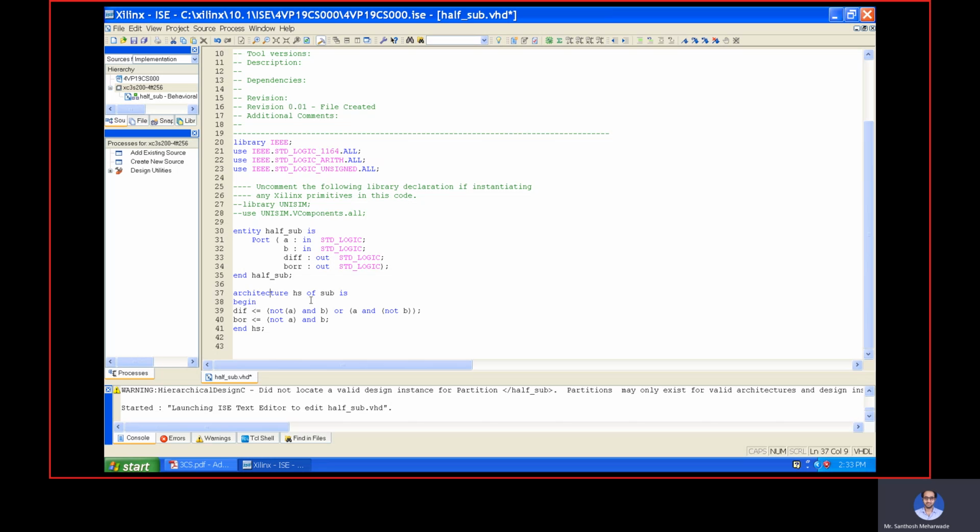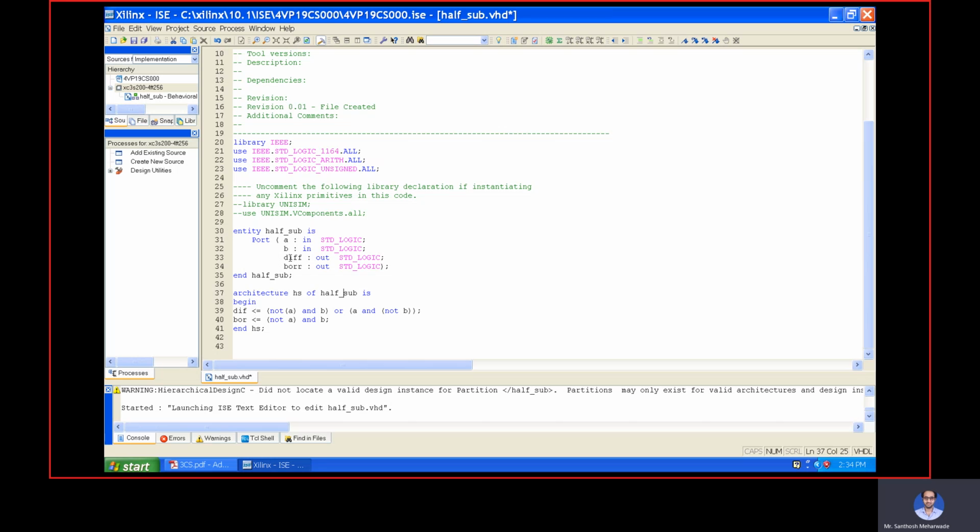And next, here you can see that it is sub here, but the entity name is half underscore sub. So choose half underscore sub. The next one, you can see our difference equation, that is A XOR B. Just to verify, A is declared over here, A is also declared over here, B is also declared here.